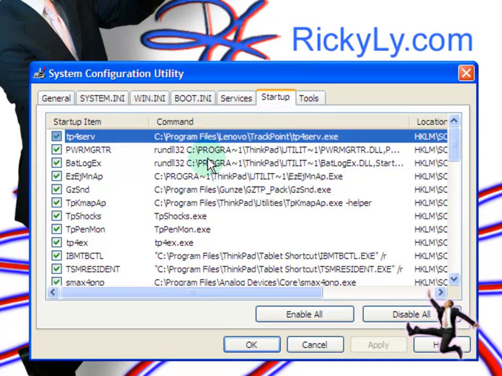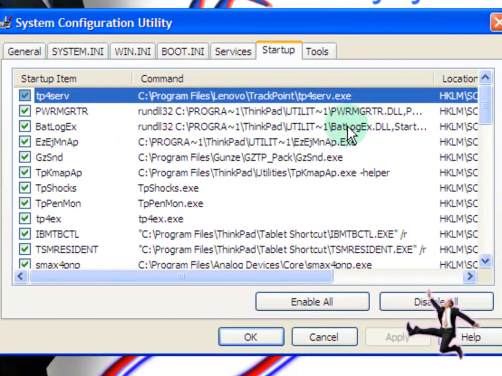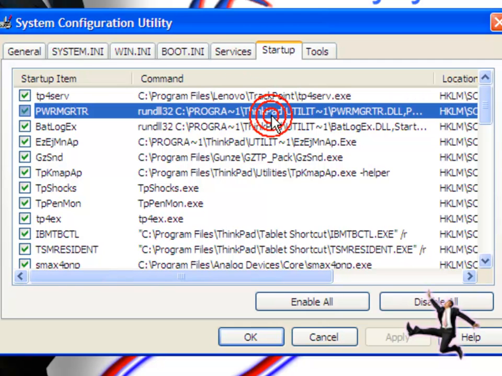Usually, you'll be able to see the beginning or the names of programs that you really don't want it to start when you start your machine. Otherwise, it will slow your machine down. If it has to do with the name of your computer, like for example mine is a Lenovo, this one I'll leave it, and this one is ThinkPad,